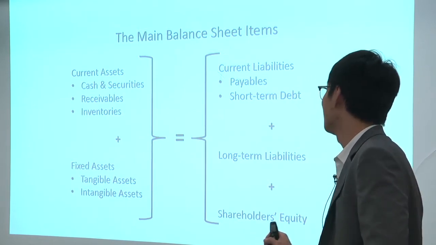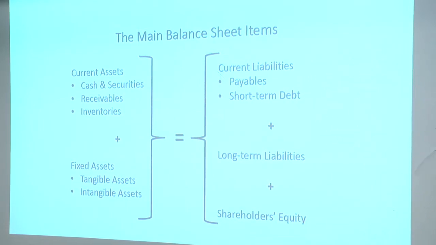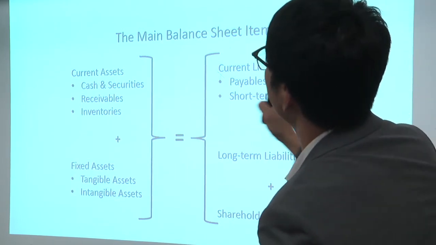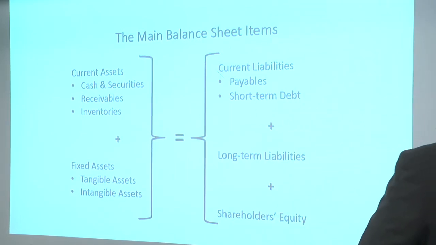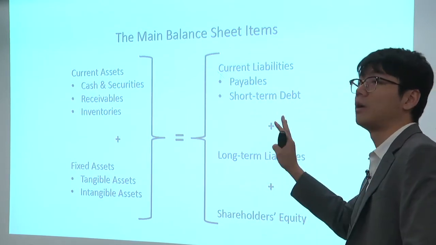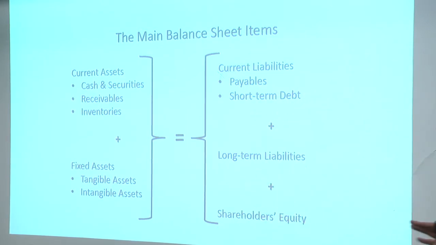Then once you have that big structure, now you start thinking about why we form this balance sheet, right? So on the left-hand side is what the firm has. Where does the firm use all the money, all the funding, to acquire all the assets? Either it's current assets, fixed assets, doesn't matter. That's where the company has purchased, owned, spent all the funding.